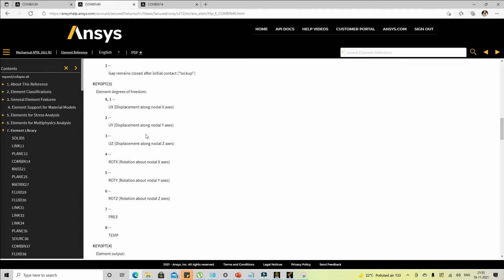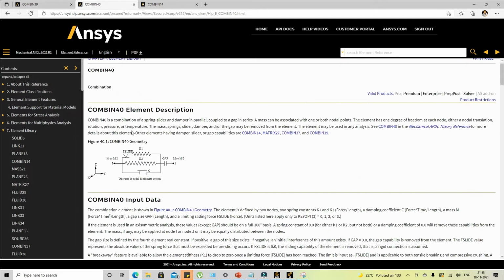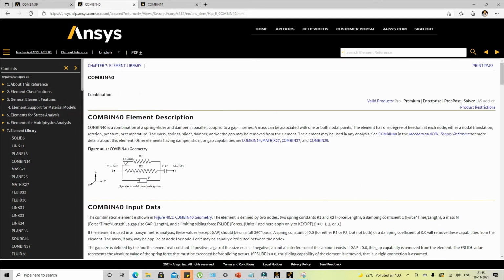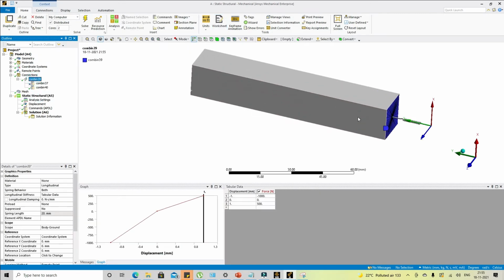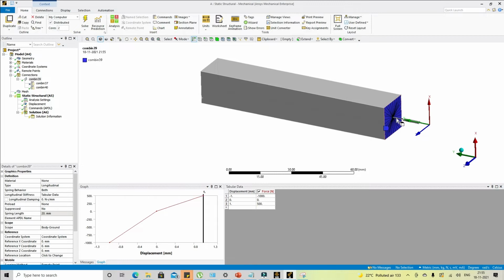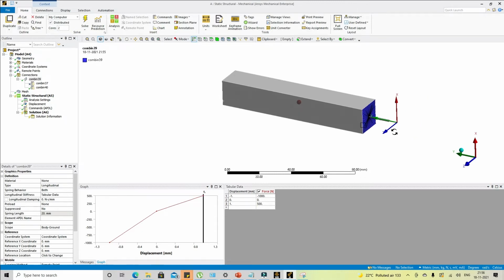Another thing I want to quickly highlight in this video is that the element has only 1 degree of freedom at each node and it operates in the nodal coordinate system. What it means is that whichever elements we are connecting to, in the same operating nodal coordinate system, it is going to apply the spring stiffness and the other associated properties.